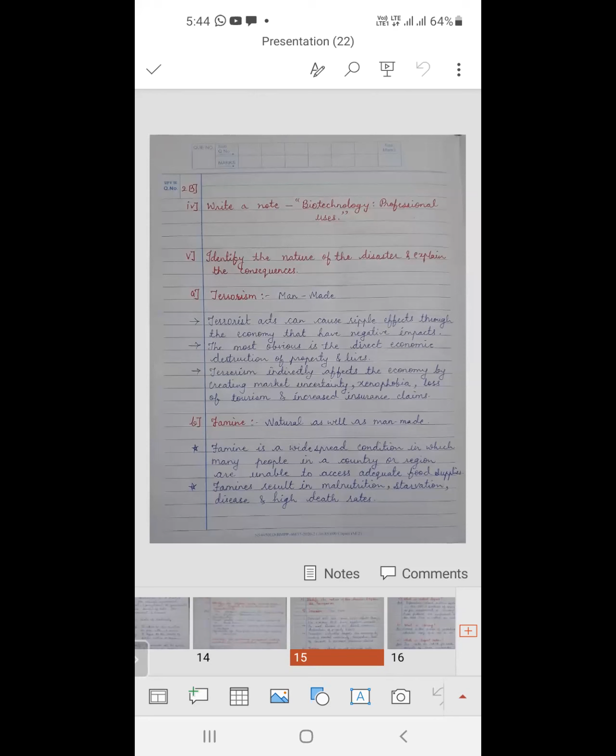There is no certainty about anything. So people become uncertain about all things. So these are the consequences which happen due to terrorism. Now next,